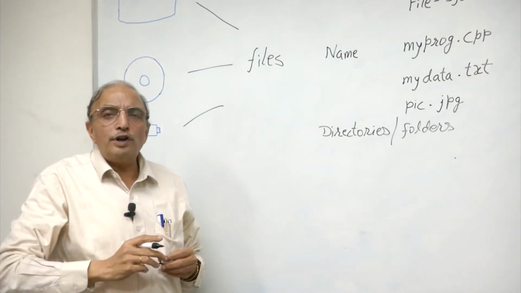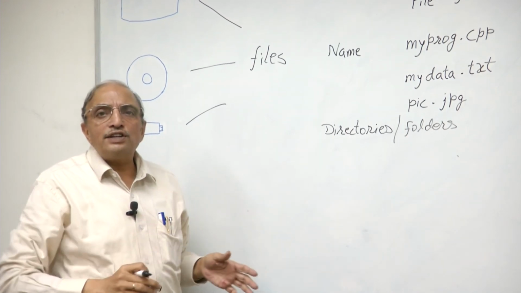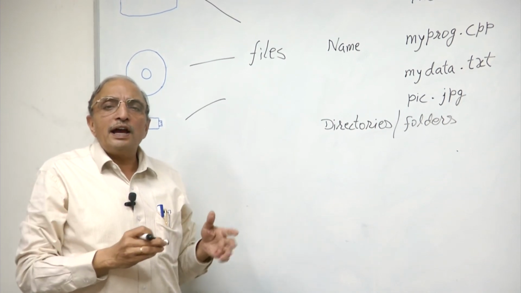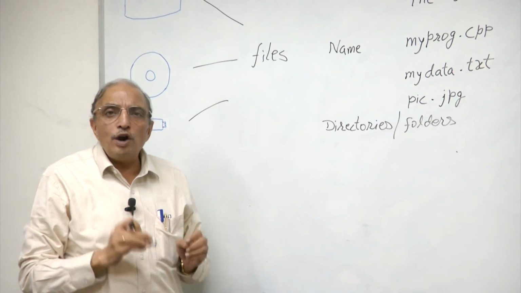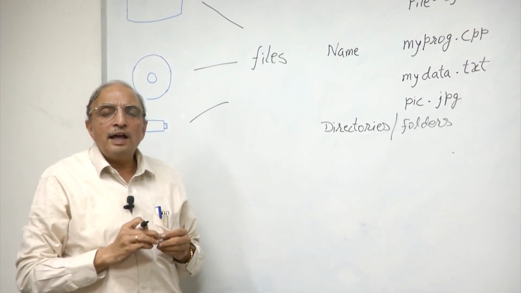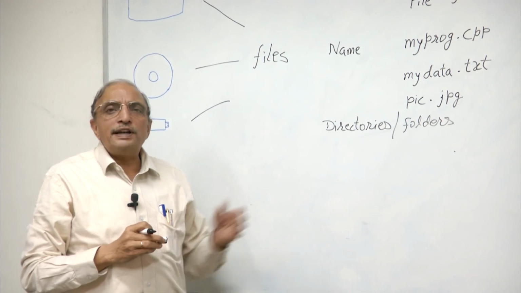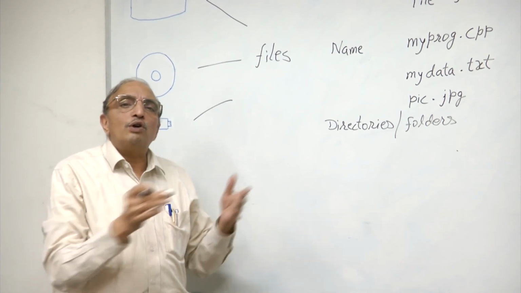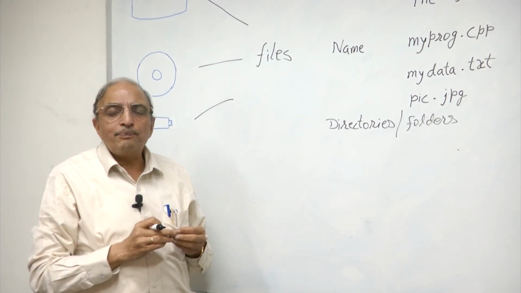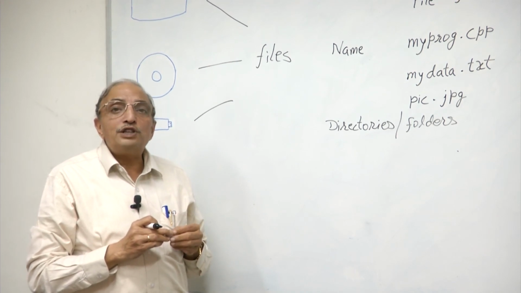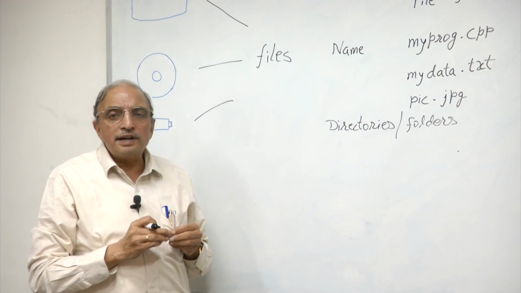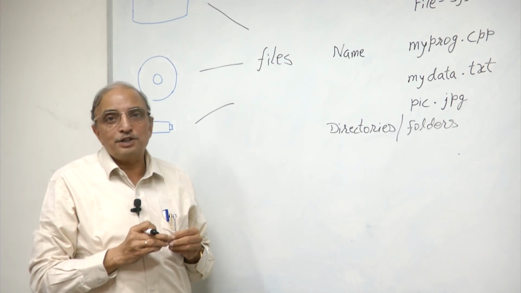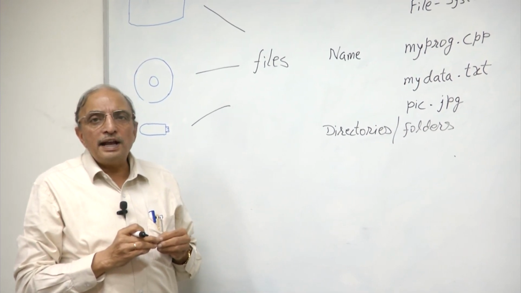These directories and folders offer a hierarchical organization of all files. So, you are familiar, for example, with navigating across various folders and subfolders, going to a desired folder or a desired directory and then locating a file. Of course, if it is a text file, you could open it using a text editor, edit, enter text and store that final text in the file again. This is the processing that you do with specialized applications. What we are interested in knowing is how exactly these files are handled inside a C++ program. We will look at these details in the next session.